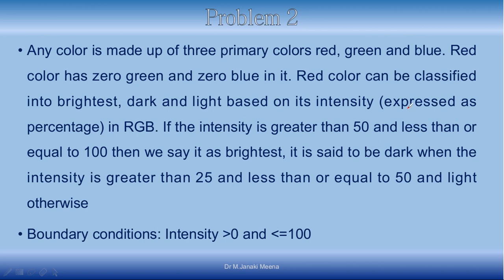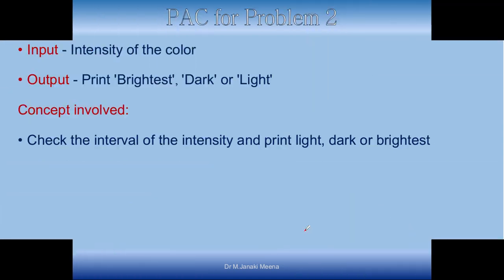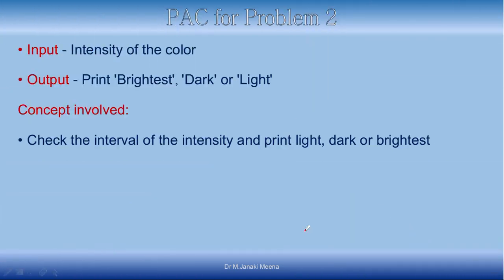You can look into the problem. So when we are reading the problem, we should be very, very careful, because some of the test cases may be based on that. It is given here as expressed as percentage. Percentage means we know that it should be from 0 to 100 only. So now let us see the PSE of it. Input will be the intensity of the color, and output you are going to print one of the 3 values. And when you look at the concept involved, you are going to check the interval of the intensity,